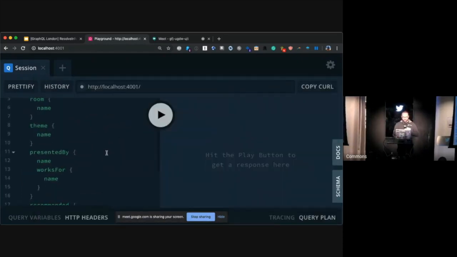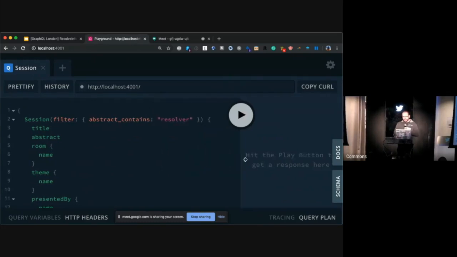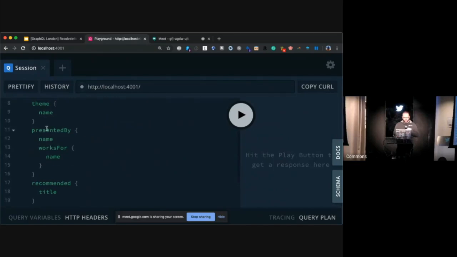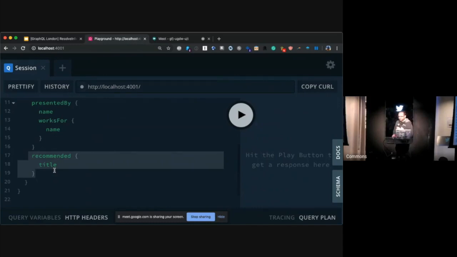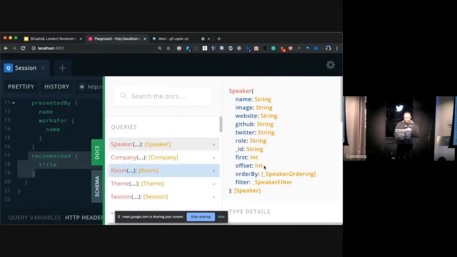In this case, here's the query we're going to run. So we're going to search for sessions where the abstract contains resolver. So what are all the talks about resolvers? And then give me the title of the session, what room is it in, who presented it, who do they work for. And then we have this recommended field that, if we look here, this recommended field is giving us